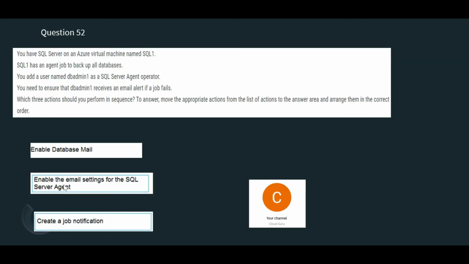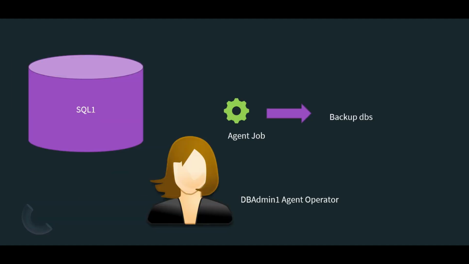Then you enable email settings for SQL Server agent. So this is the agent. You enable the email settings here because this person has to send the email, right? So first you enable this here so that the database can talk to email servers.